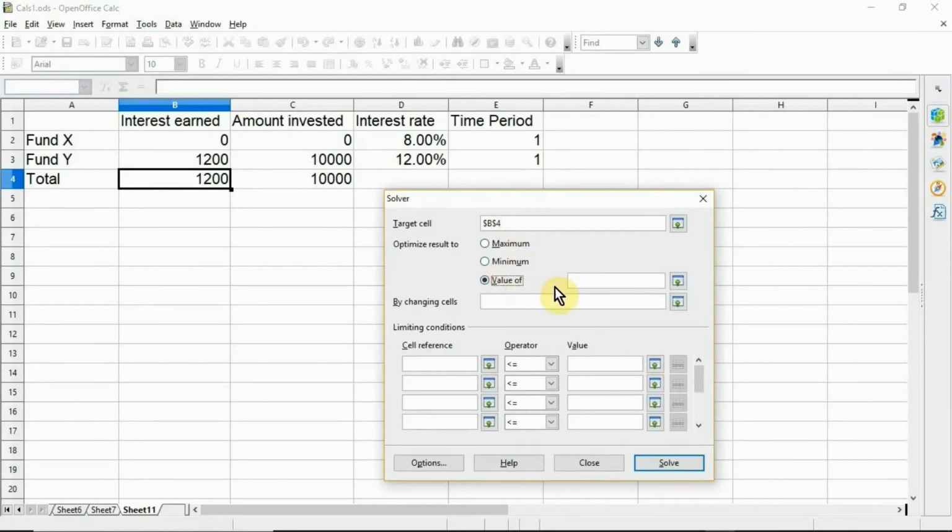Select the value of and enter 1000 in the field next to it. The target cell value is 1000 because your target is a total interest earned of $1,000. Click in the by changing cell field and click on the cell C2 in the sheet.